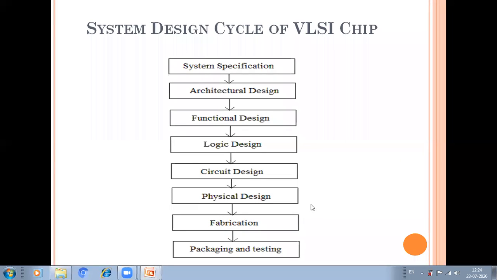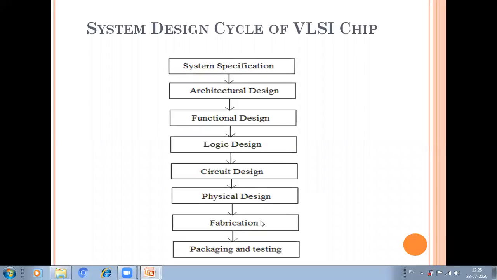The physical design also expresses the different connections between the components as a geometric pattern. We will cover all these things through the practicals. In the practical session, we will use the Microwind software to understand how to prepare a layout, that is, how to convert the netlist into a geometric representation.